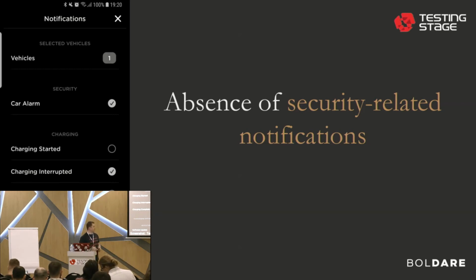And in this case, there are a few notifications related to security, but in this physical way. For example, car alarm. I haven't tested this one because it would be probably a bit harmful to the vehicle. But other notifications that are available related to security are just the software update. So if you log in on a new device, you won't even receive the notification about it.